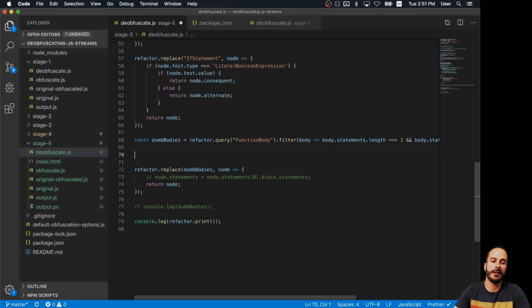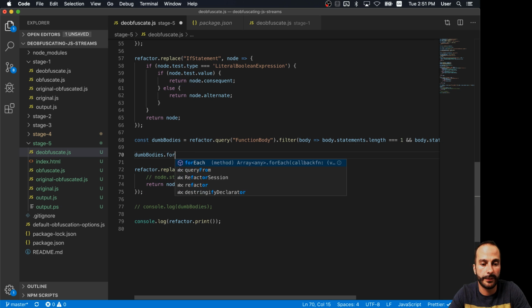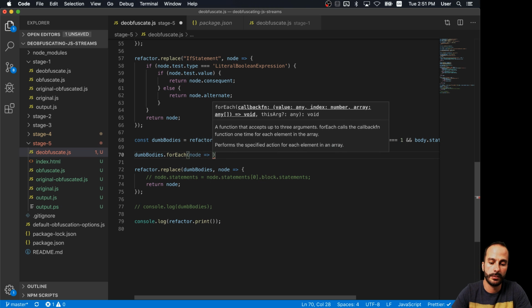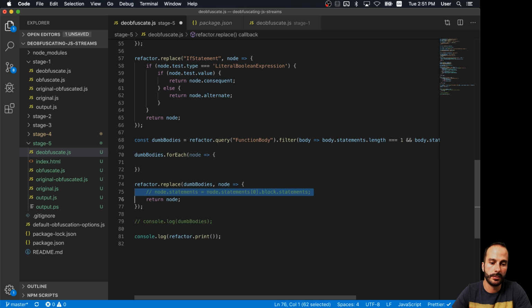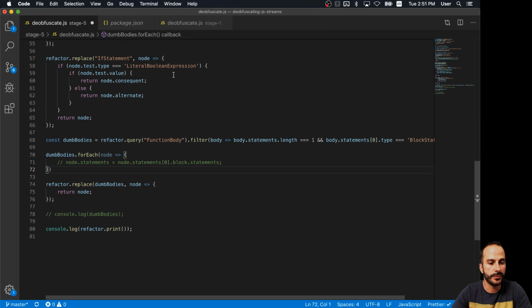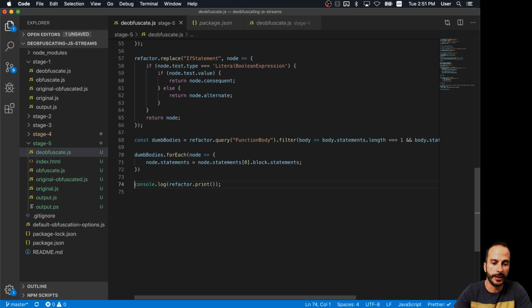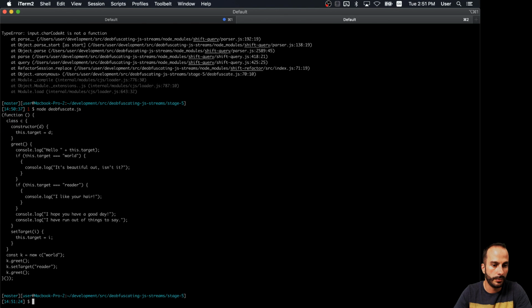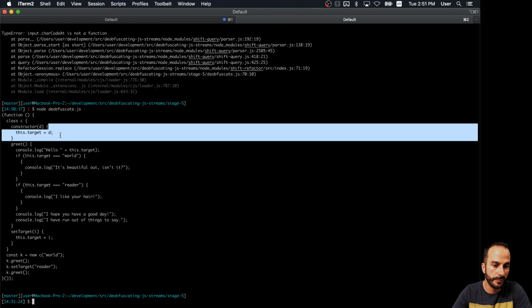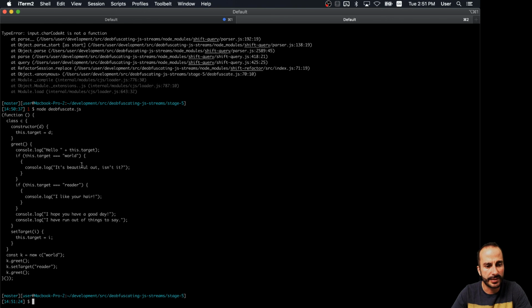All right, well, I don't really need refactor there anyway. So dumbBodies.forEach node. The reason why I don't need refactor there is because I'm just iterating over the nodes and writing out or modifying them in place. Cool. So we have replaced the block statements there. We still have block statements over here, but the strategy of getting rid of those is going to be largely the same. So we can